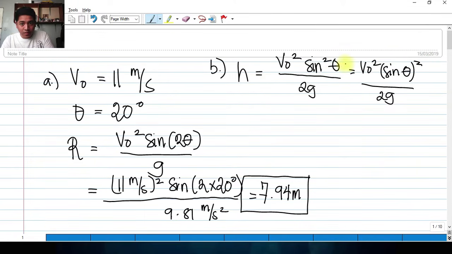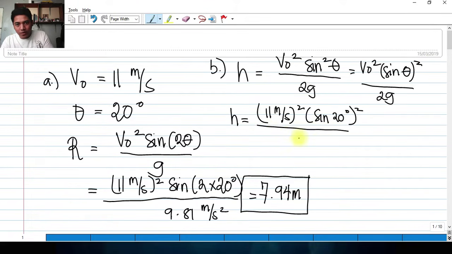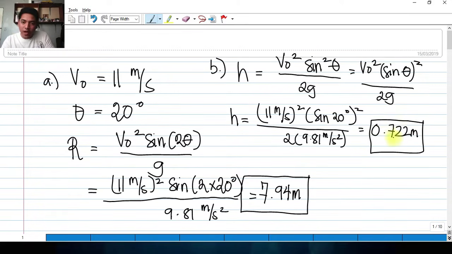So this term is equal to this. Okay? So let's try. H is equal to (11 meters per second) squared, times sine 20 degrees squared, divided by twice the acceleration due to gravity. So we shall get an answer of 0.722 meters. Okay, the maximum height of the long jumper is 0.722 meters, and the range, horizontal range, is actually